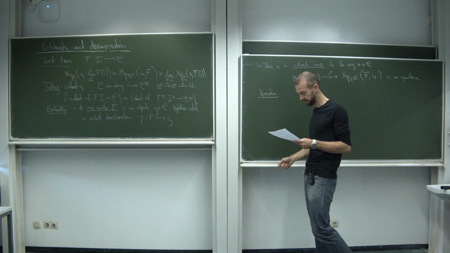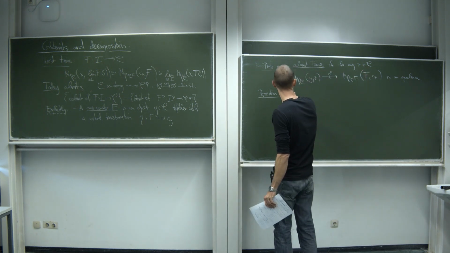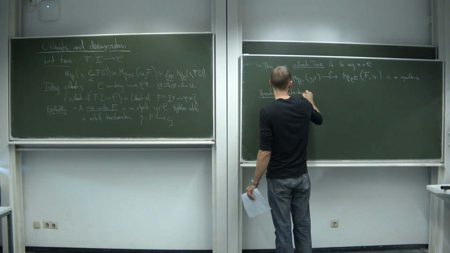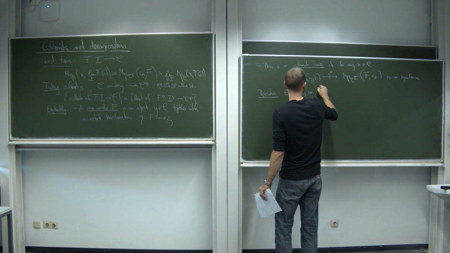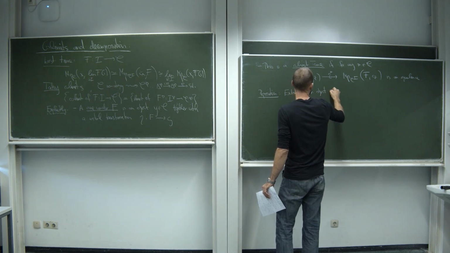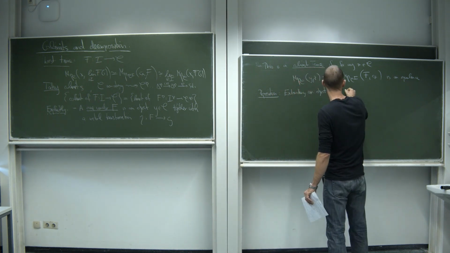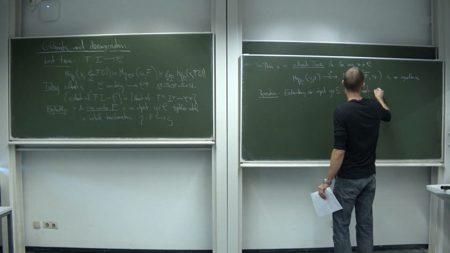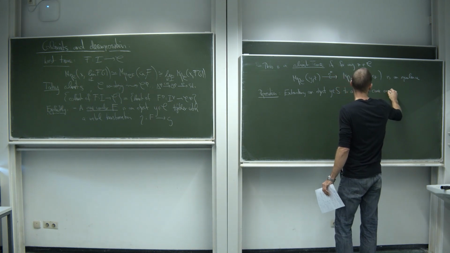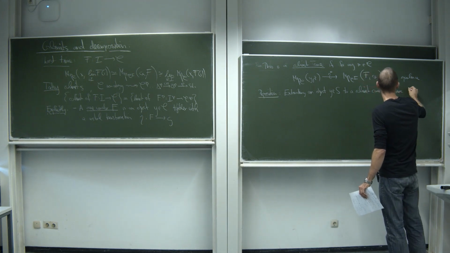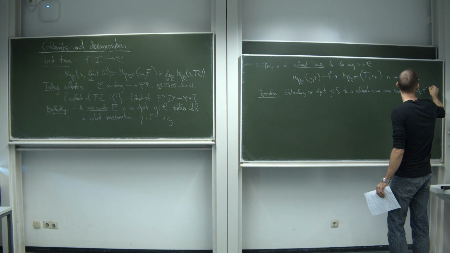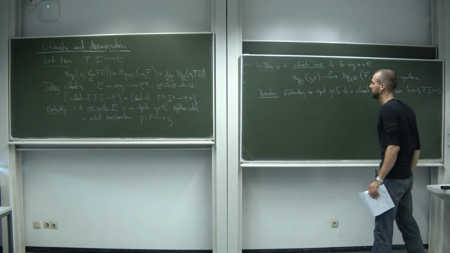And the dual statement is also true. So let me state it slightly differently than the other statement. Extending an object y in the infinity category of spaces to a colimit cone over some fixed functor f from I into S is equivalent